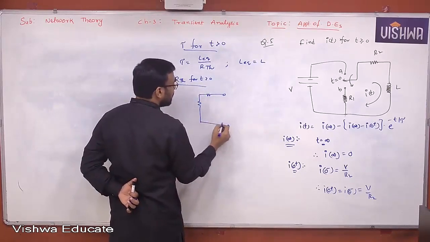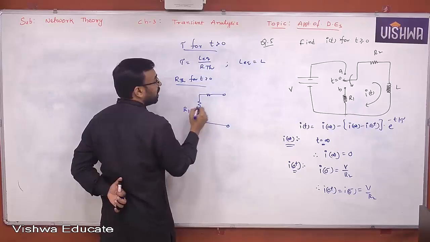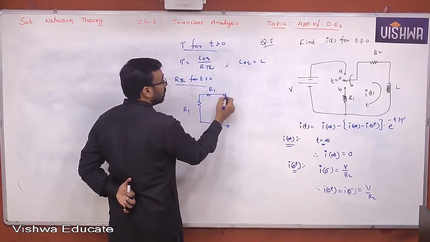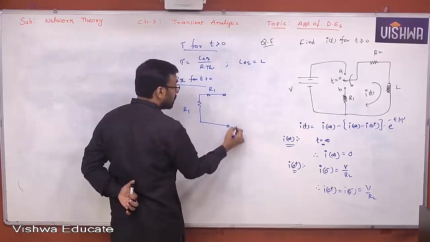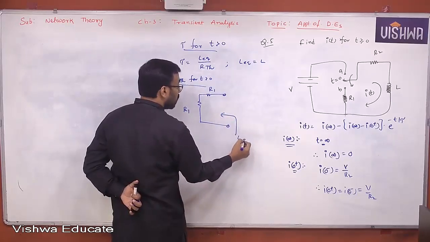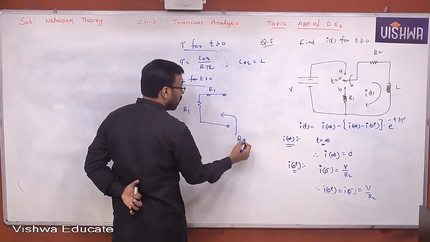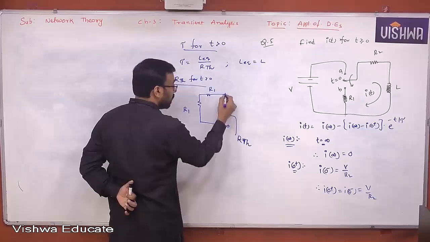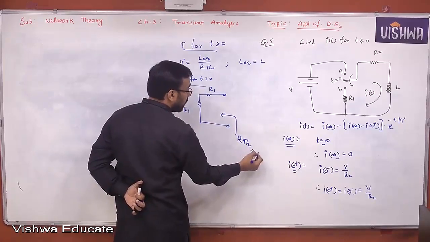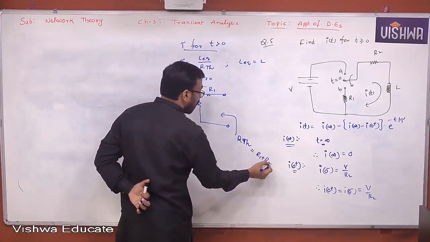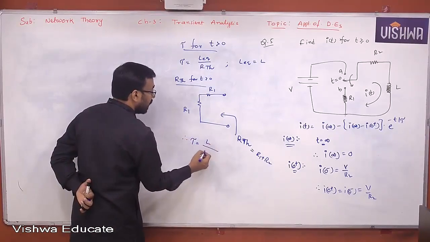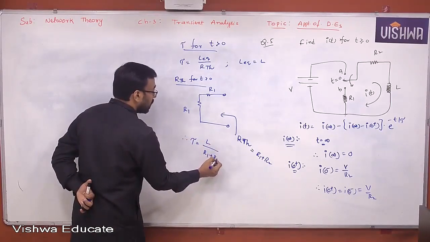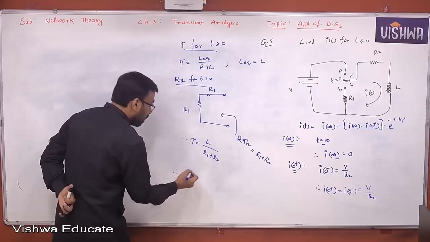And Thevenin's equivalent resistance must be calculated across what? The L equivalent terminals. Where are the L equivalent terminals? These are the L equivalent terminals. And when you look into the network through the L equivalent terminals, this RTH will become R1 plus R2. Therefore, tau is equal to L equivalent, L, by RTH, R1 plus R2. Therefore, now if you substitute